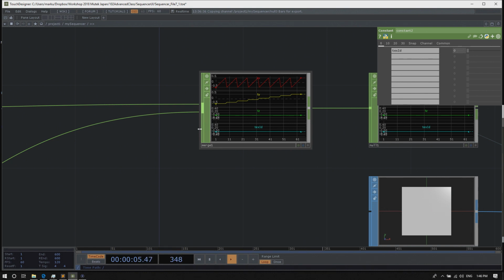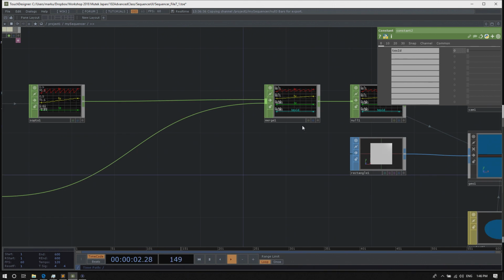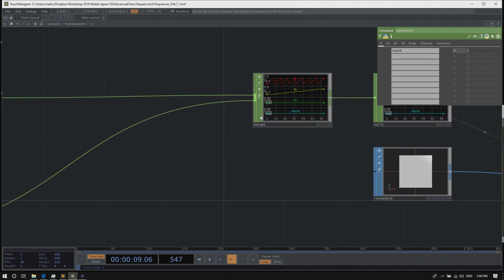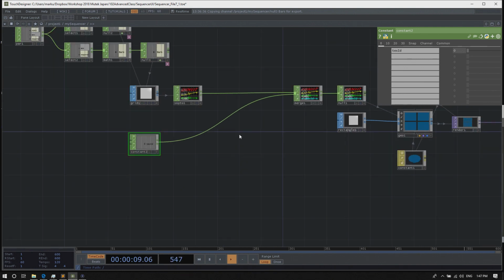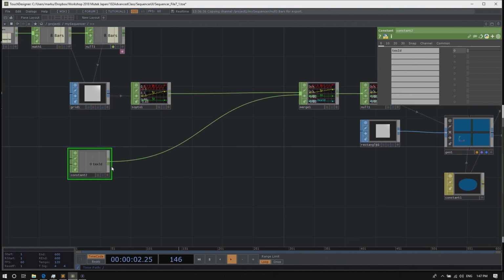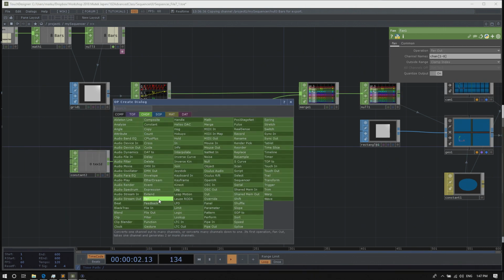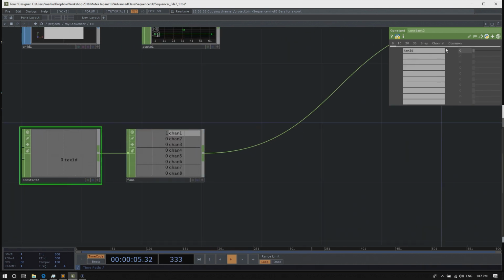And I only have one number that determines which one is a rollover. So the technique here will be a fan CHOP and a shuffle CHOP. We need a CHOP of the same length, and to create it from other CHOPs we use the fan and shuffle CHOPs to manipulate the values. After the constant, let's add a fan CHOP. What the fan CHOP does is, when you change the input value, it always turns on a different channel.